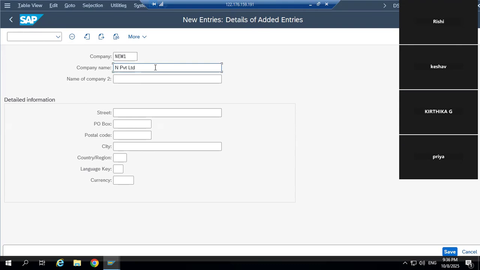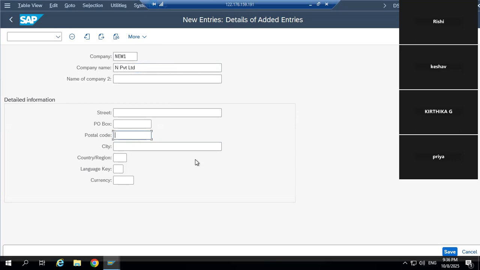You can give any name to your company, from your own name or your family member's name, as per your choice. Any name. It doesn't matter to SAP. SAP doesn't care about it. Only remember this any W1. When you search your company, you have to search with any W1. Now, I'll show you how, but the name doesn't matter. Any name you can give. So, you have to note down any W1.